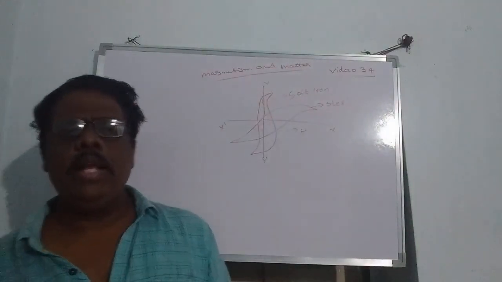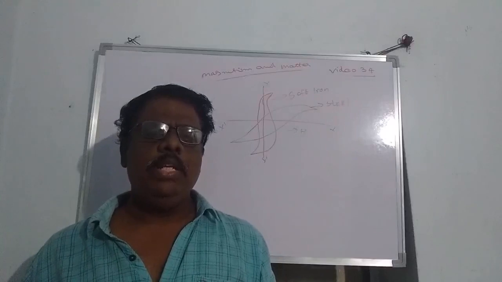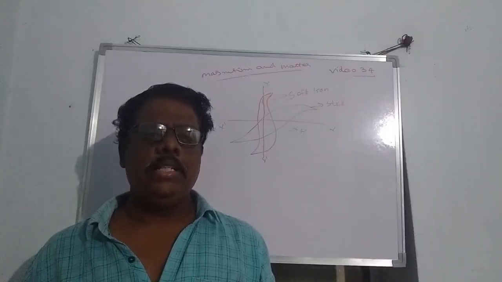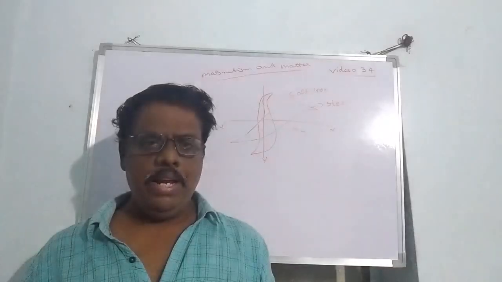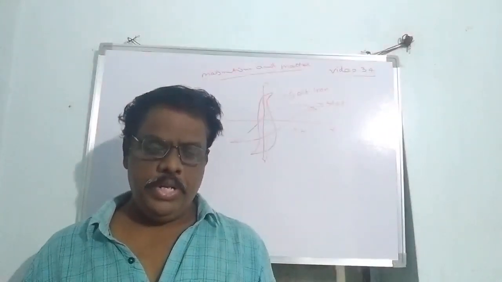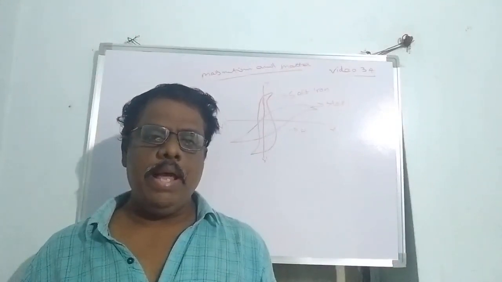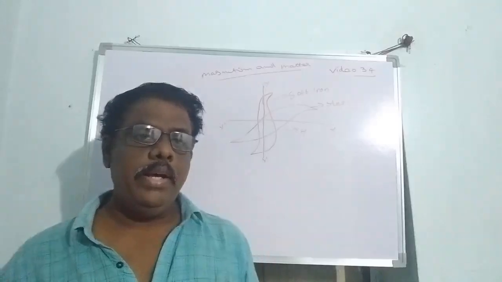Once again, soft iron retentivity will be greater than steel. Coercivity of steel will be greater than soft iron. Soft iron will be more strongly magnetized than steel. For making temporary magnets, soft iron is generally used. Soft iron loses its magnetic property more rapidly than steel.